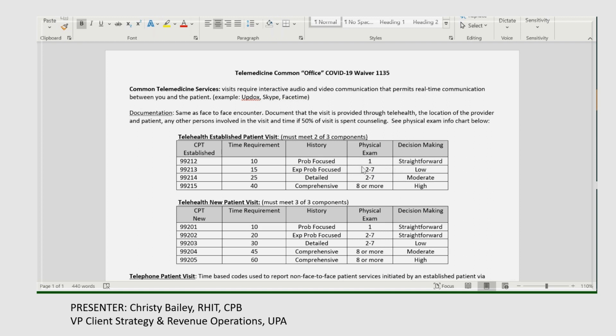One of the main reasons we've put this here too is because a common question we've been getting via telemedicine is, how do I do the physical exam? Like, how do I capture that? How do I document that? So we put this in here, and the numbers here are representing the systems or organs that you're covering during your physical exam and how many you have to cover to qualify for a level of visit. So if it's 2 to 7 for a 99213, then really as long as you're capturing 2 body systems,